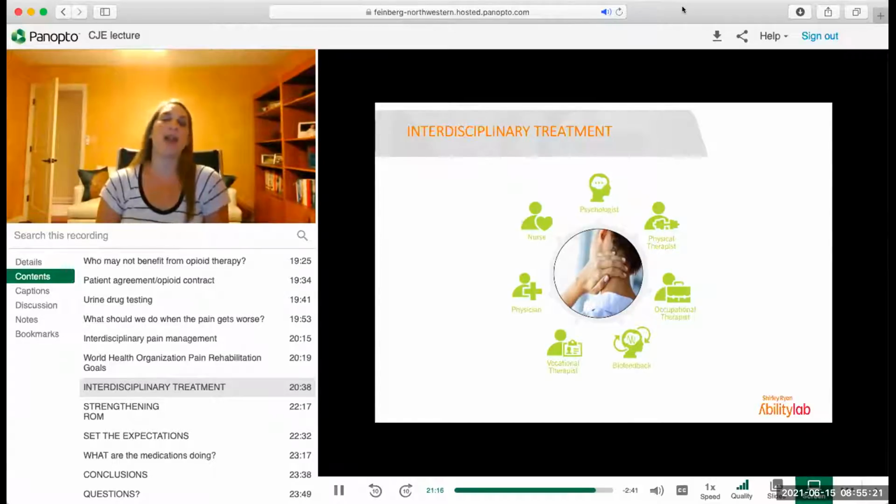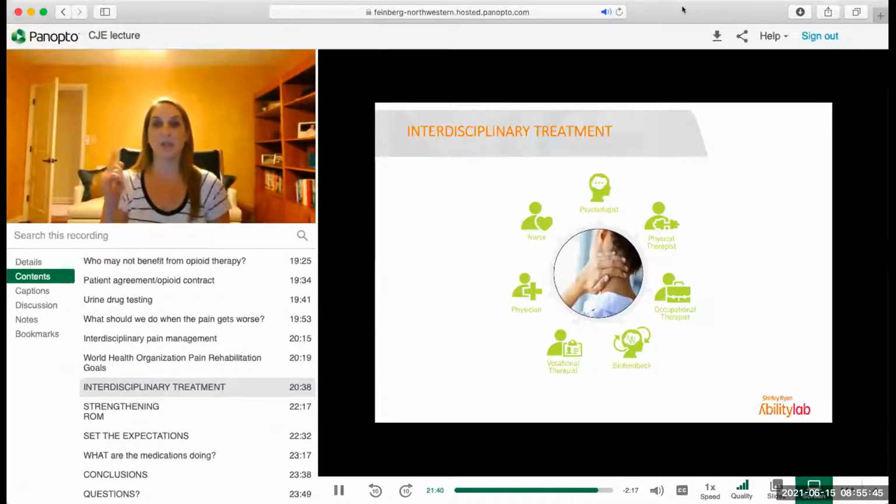And a lot of people will say, well, I've had therapy before. Our focus is really on function. So not only do we look at strengthening and range of motion, but we look at things like pacing, ergonomics, biomechanics. We may do a cooking activity, pool-based or land-based therapy, Tai Chi, Qigong, Feldenkrais. There are many different movement-based therapies to add more tools to the patient's toolbox to get them moving again.